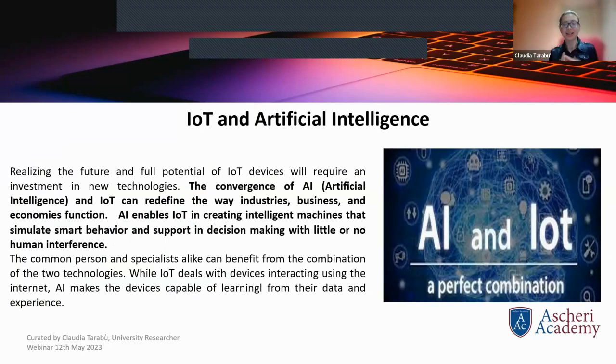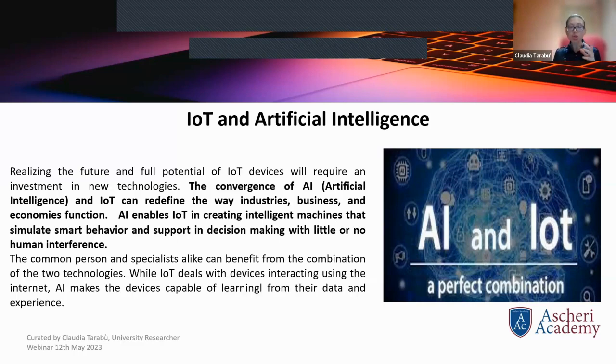Another promising aspect of the possible usage of Internet of Things is artificial intelligence. Realizing the future and full potential of IoT devices will require many investments, many, I dare to say, expensive investments in new technology. But the convergence of AI and IoT can completely redefine the way in which industries, businesses, and